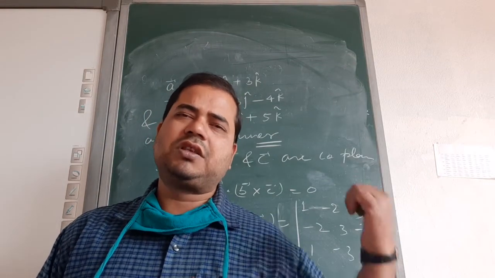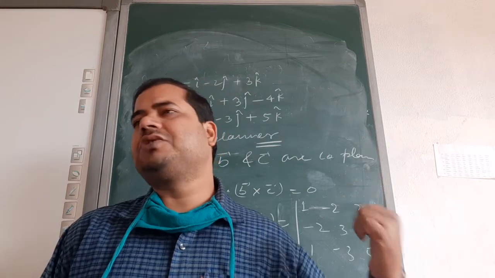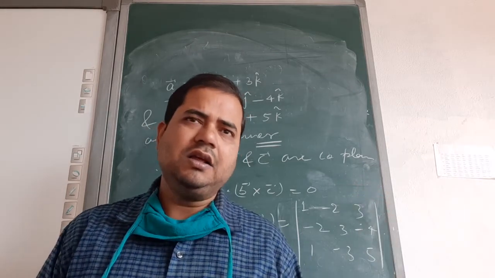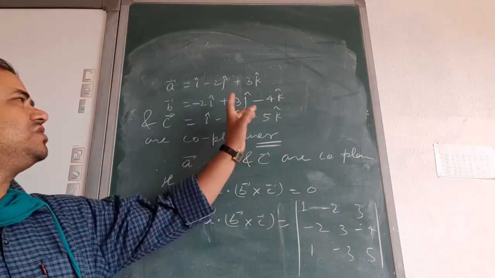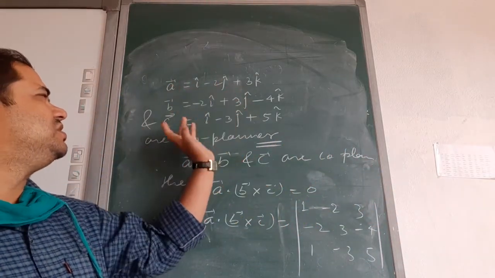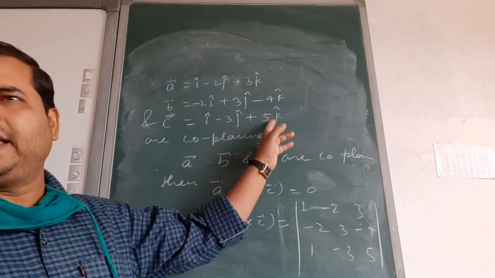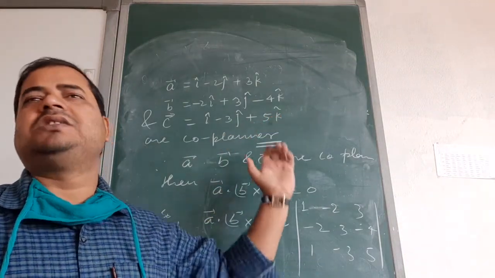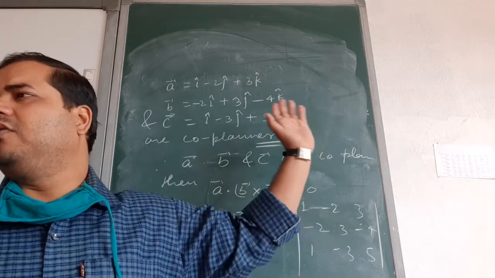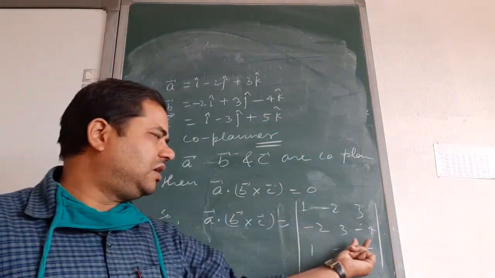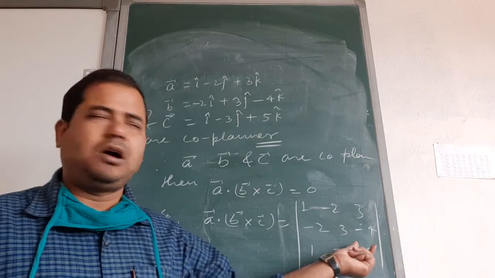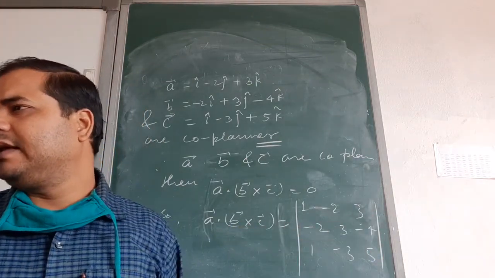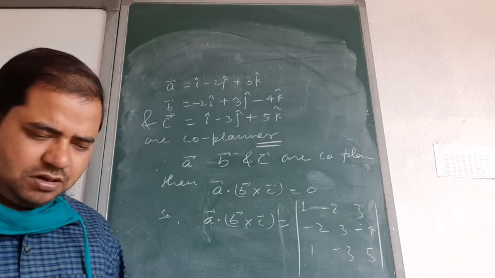क्लियर? अब इसकी वैल्यू क्या आ जानी चाहिए? 0. अगर 0 आ जाती है तो ये वेक्टर्स कोप्लानर है, अदरवाइज नहीं. क्लियर? समटाइम्स क्वेश्चन इज चेंज. सपोज A is equal to this, B is equal to this, C is equal to suppose here X or Y, है ना? One unknown quantity is there, and it is given that these three vectors are coplanar. Then find the value of X. तो आप इसमें एक कोफिशिएंट X आ जाएगा कोई ना कोई, और इसको आप 0 के इक्वल करेंगे, डिटरमिनेंट सॉल्व करेंगे, वहां से X की वैल्यू आपको मिल जाएगी. क्लियर है? So note it down.